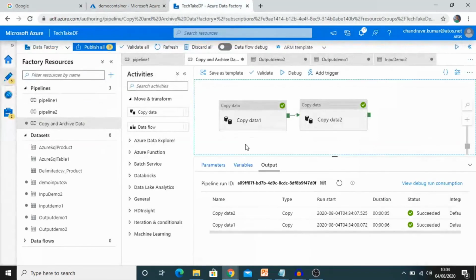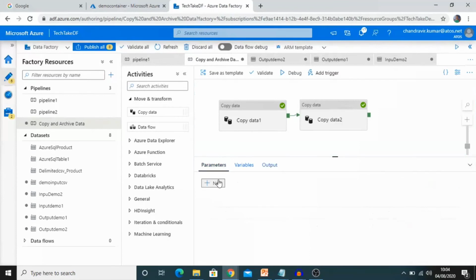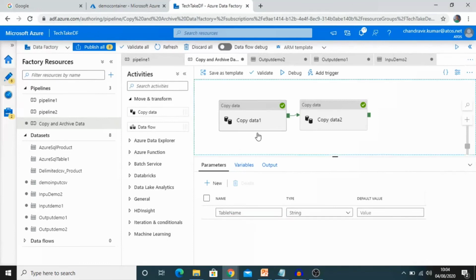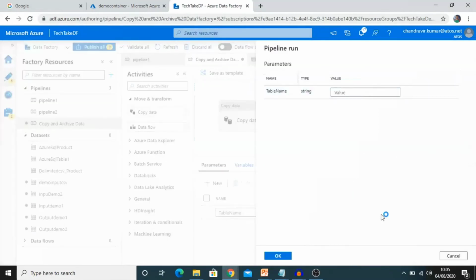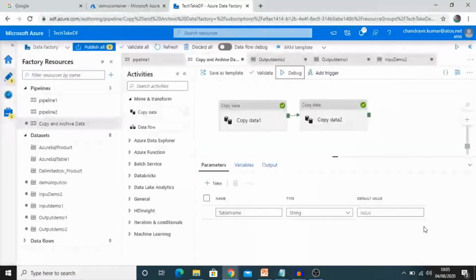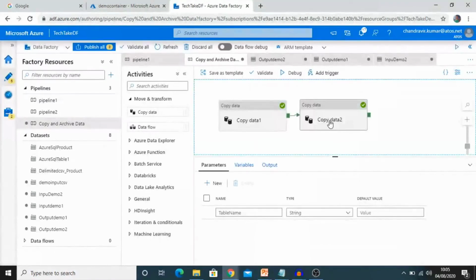Now for the next run, what we will do is create the parameter for the pipeline and pass the table name for both the tables as the same. This is the main benefit of a pipeline parameter. If you create the parameter in the pipeline, whatever parameter name you use, it will pass the same table name throughout the pipeline through any activity.